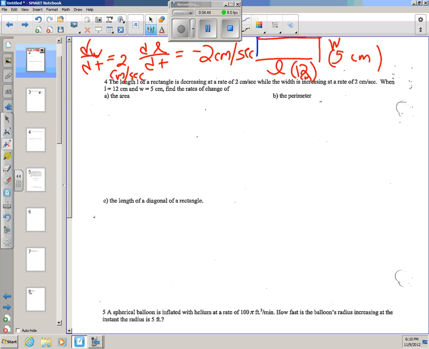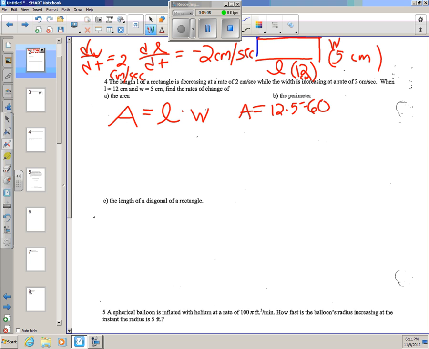Okay, so now I want the rate of change of the area. I always start these problems the same way. I write an expression for area, not using calculus, but making sure that any quantities that are changing go in as variables. Because think about it, if I just put area equals 12 times 5, or 60,